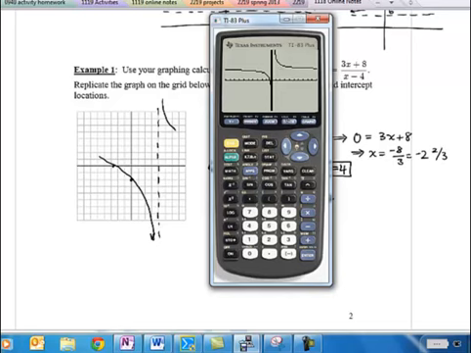We could use our trace feature and go to the left and see what seems to be happening to the y values. They're still going up, up, up. So let's zoom out a little bit since it doesn't seem like they've leveled out yet. Let's make our window maybe negative 1,000 to 1,000 instead. And now it looks like the graph almost looks like a horizontal line. And if we trace again,